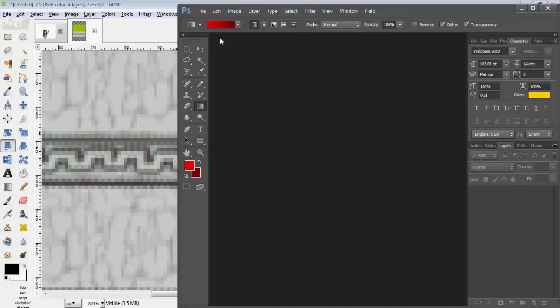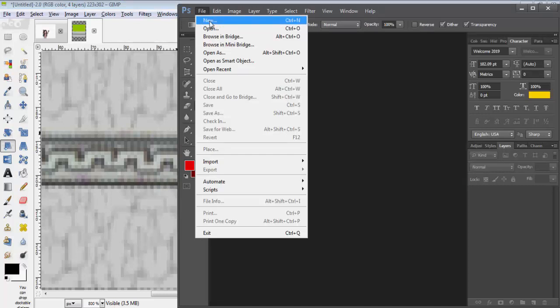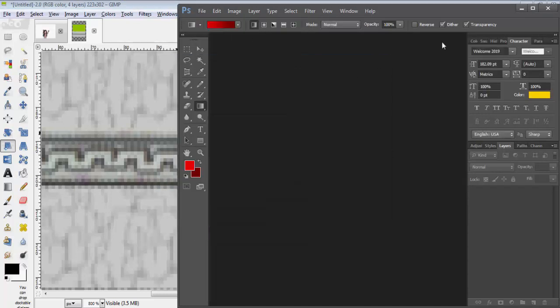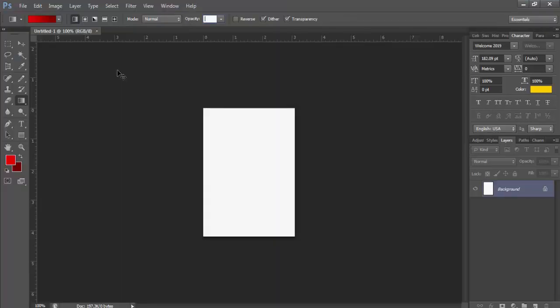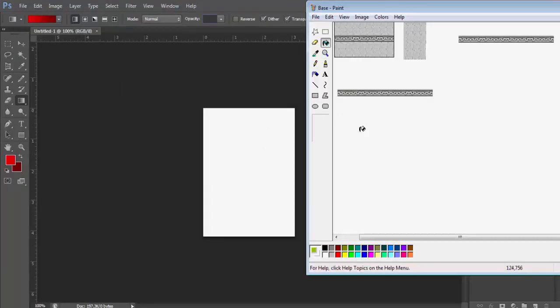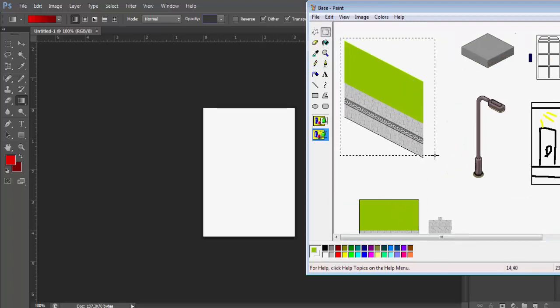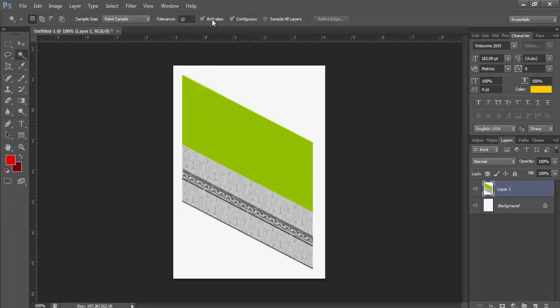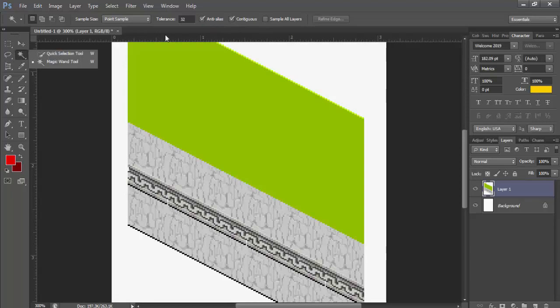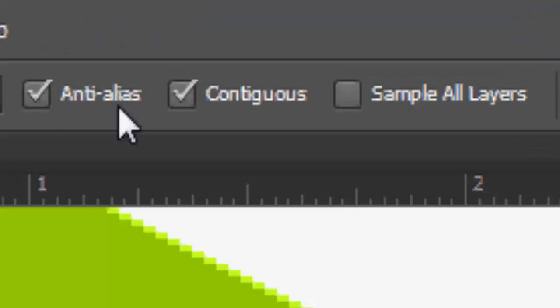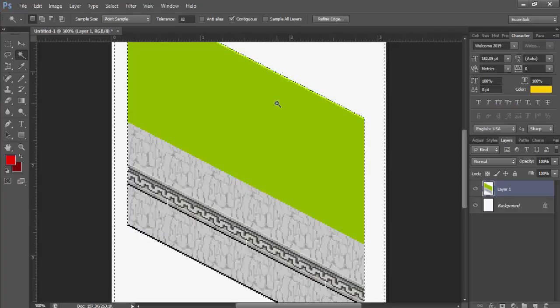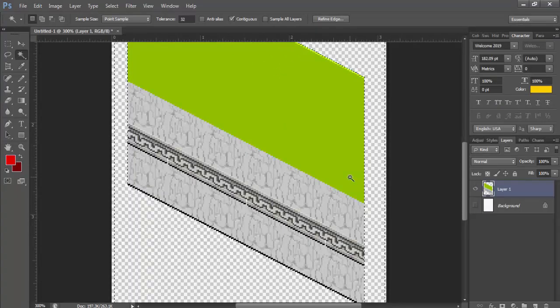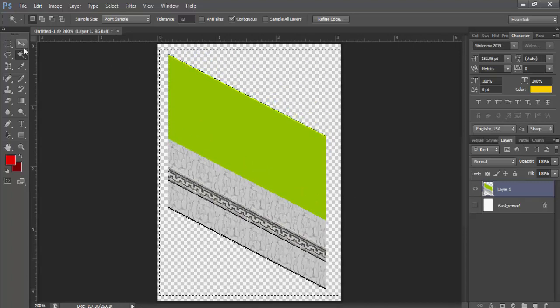Now if you have Photoshop installed on your computer, you can also apply the same technique that I showed you on GIMP, but the result is quite different if you ask me. First, open a new canvas, select the picture, copy and paste, and then on the top of the canvas you can see these three options. You unclick anti-alias, whatever they call it, Magic Wand, and click on the white space and press delete, and then